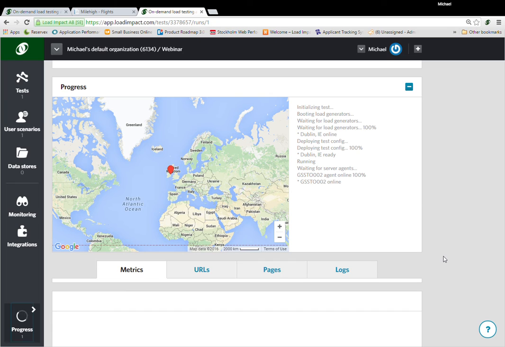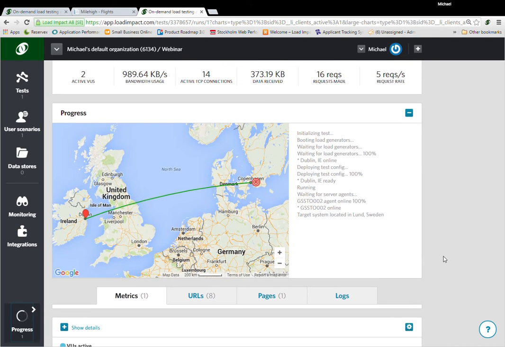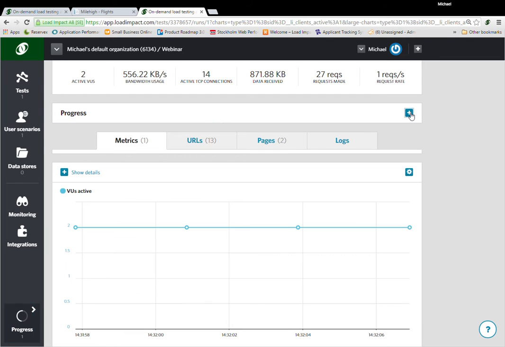And here we go, the agent is online, and we should kick off the test now. Here we go, it actually is located in Lund, the target system. So now this window won't provide more information on the results, so we close it, and we can see up